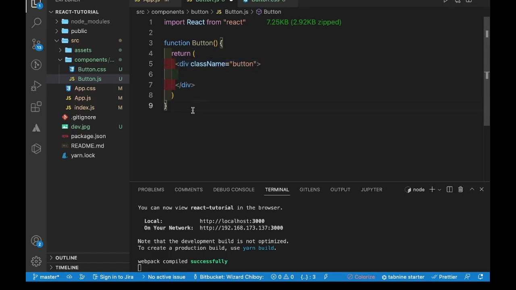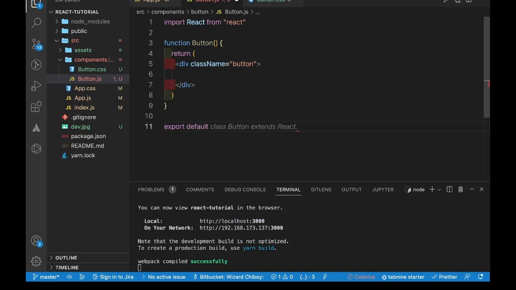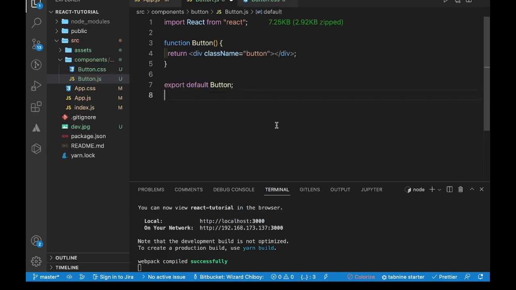So finally, let's finish up our component. I'll just go ahead and say export default. I'm exporting this because I can use it anywhere I want to use it around my application. I can just say export, because the name of my component, export default button. And right about now, we have created this